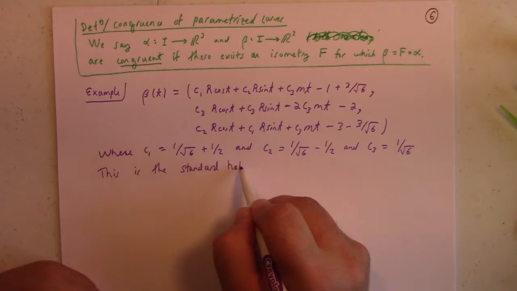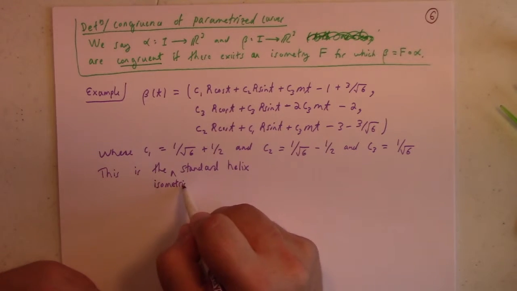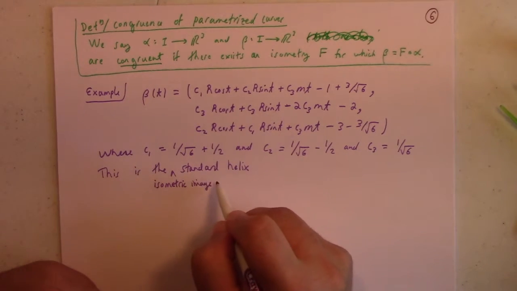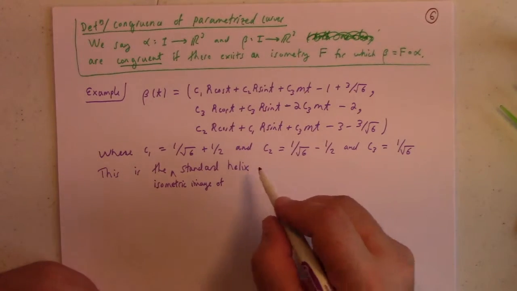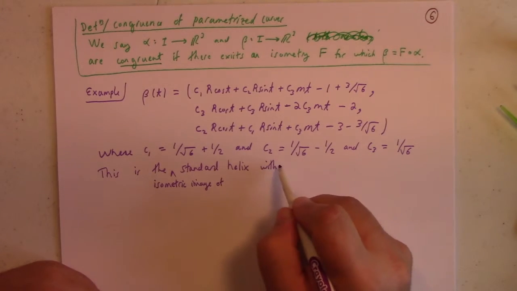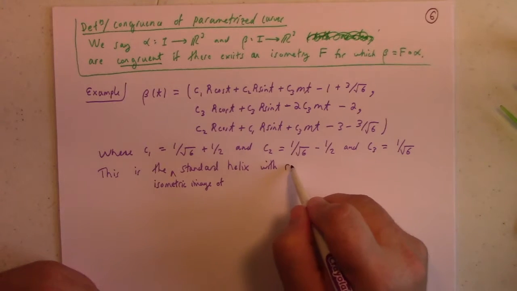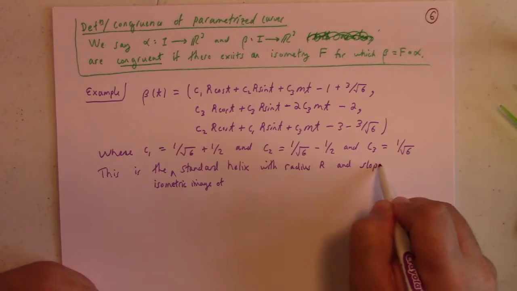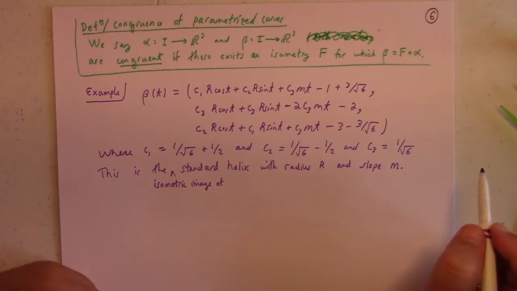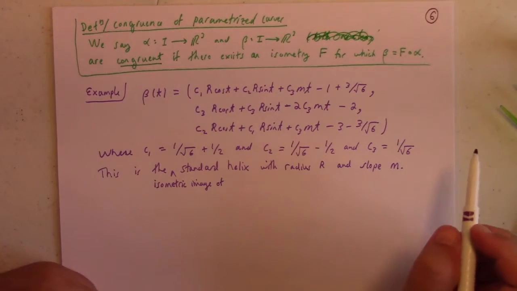Actually, it's not the standard helix, right? It's the isometric image of the standard helix with radius r and slope m. What I did was I took the isometry we built before, remember we built that isometry